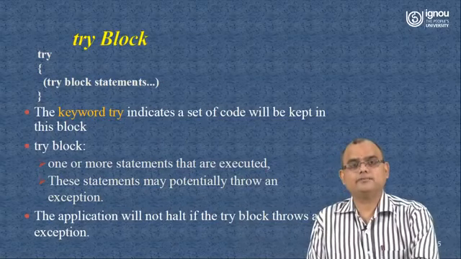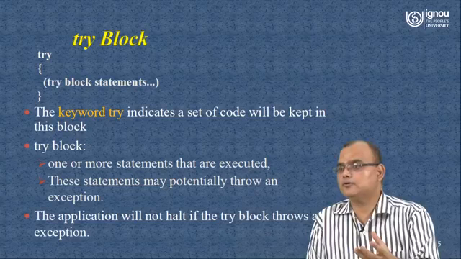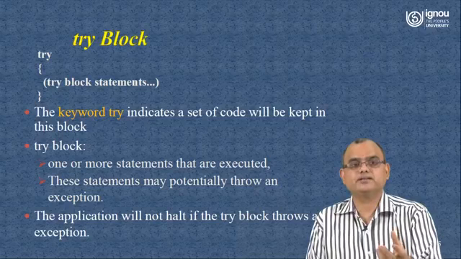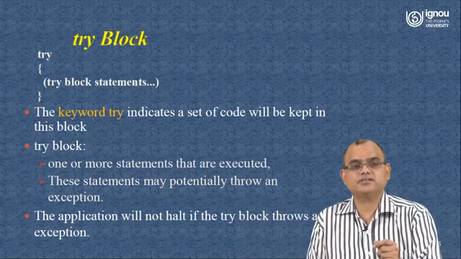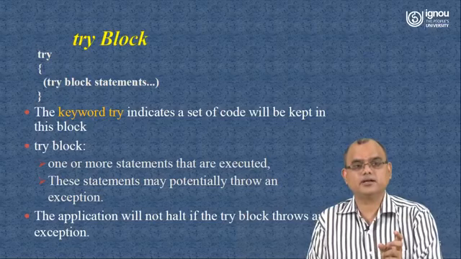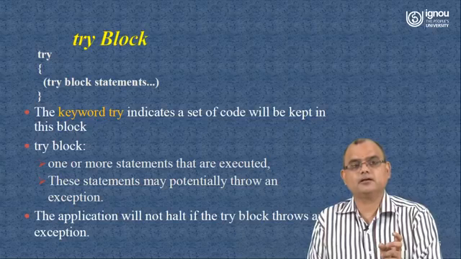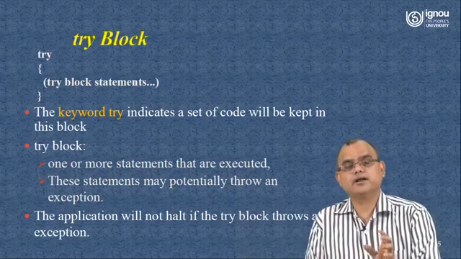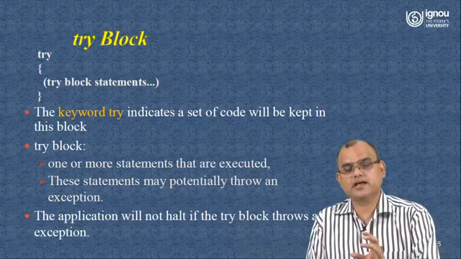Now let me see how we can do exception handling, or what is basically the exception handler mechanism in Java. So here you can see one try block, with the keyword try, and whatever is written inside the curly braces is under observation for some kind of exception to occur. It means whatever we put inside the try block, the expectation is that the code